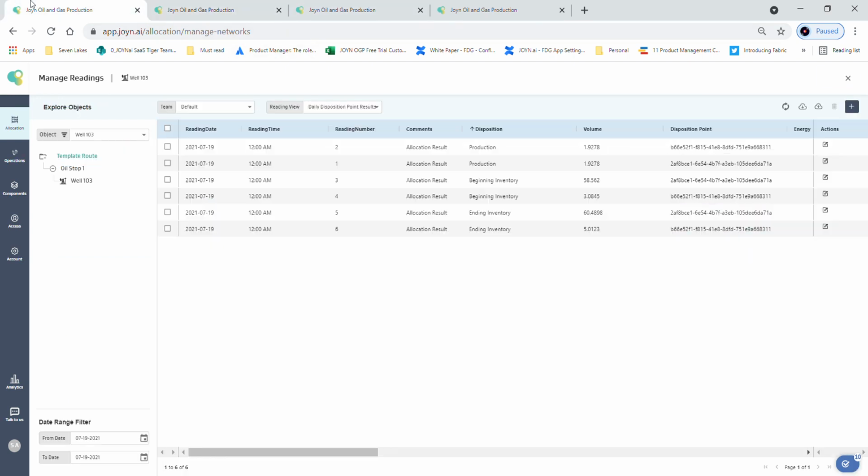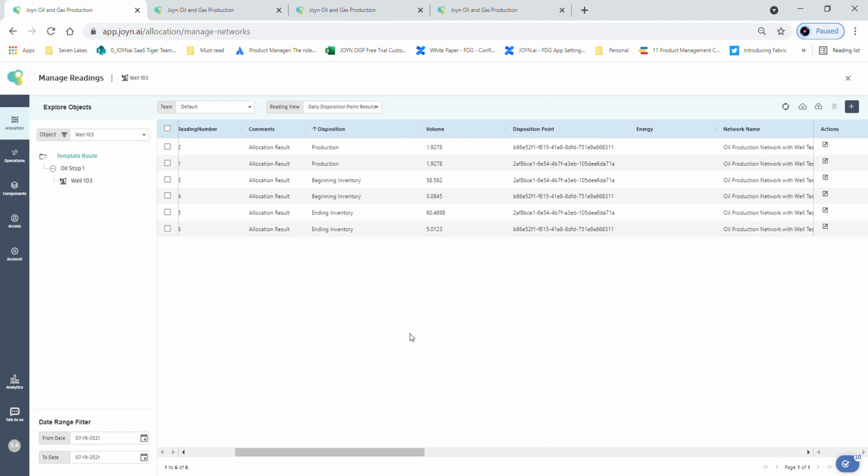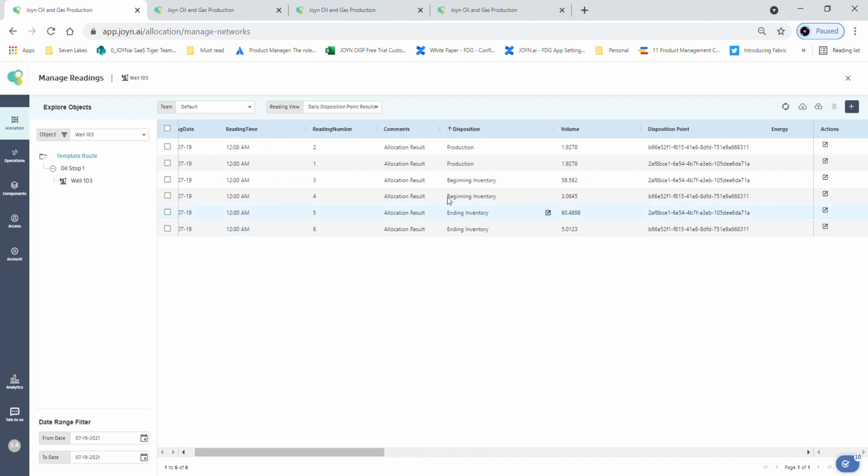19th of July. When you go and check the daily disposition point results, you would notice that for each product and disposition combination, you would see the product here, which is production. For the production disposition, you actually have two results, and the disposition points are two different disposition points. What you see is the disposition point ID, which is a unique identifier for each of the tanks, and you would notice that for each disposition you actually have two disposition points, which are both the tanks